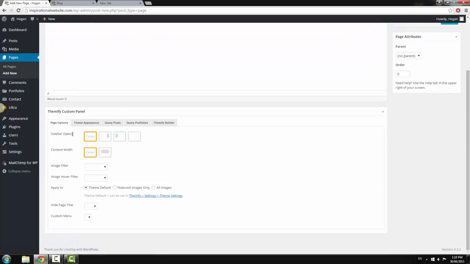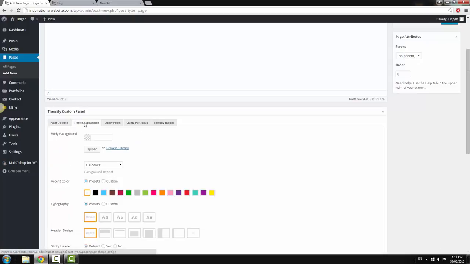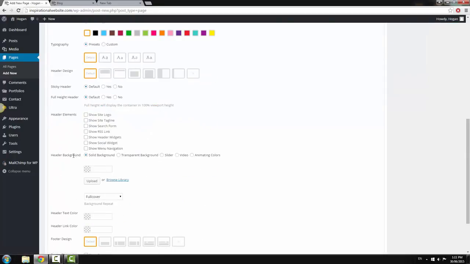For the sidebar option, we want to select the second one. So we want a sidebar on the right hand side. You can have it on the left if you want. So I'm going to select this one, the right hand side. Content width, I'm going to keep it as default. And then for the theme appearance, I'm going to set it as a solid background and change the color to